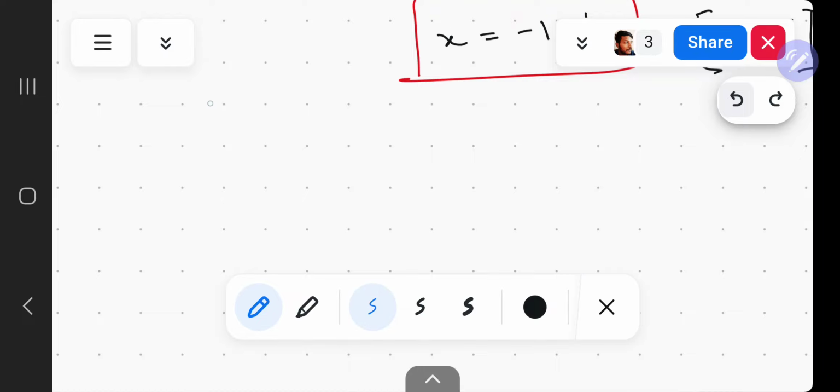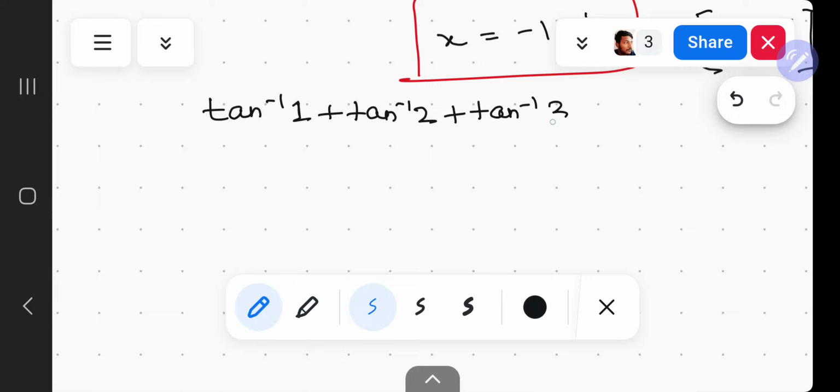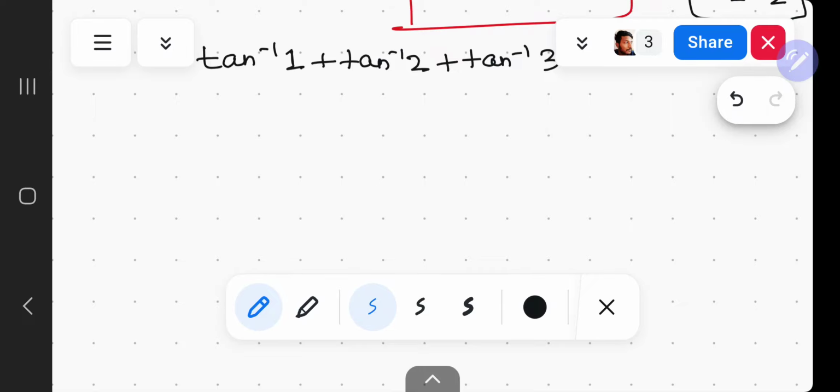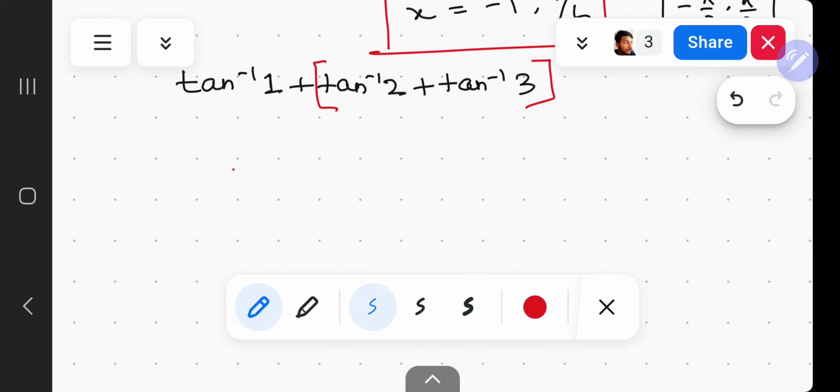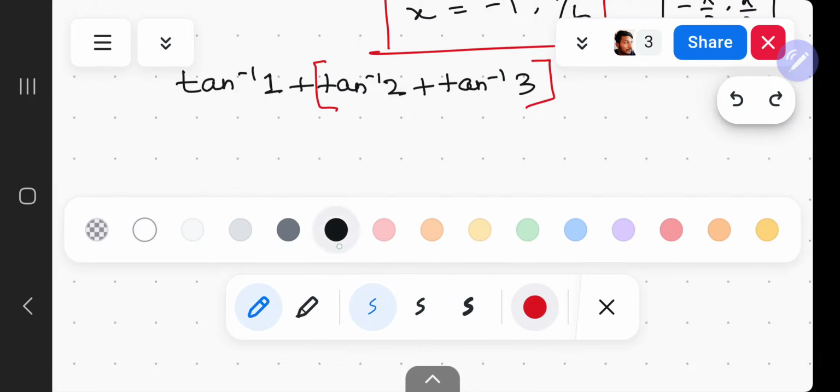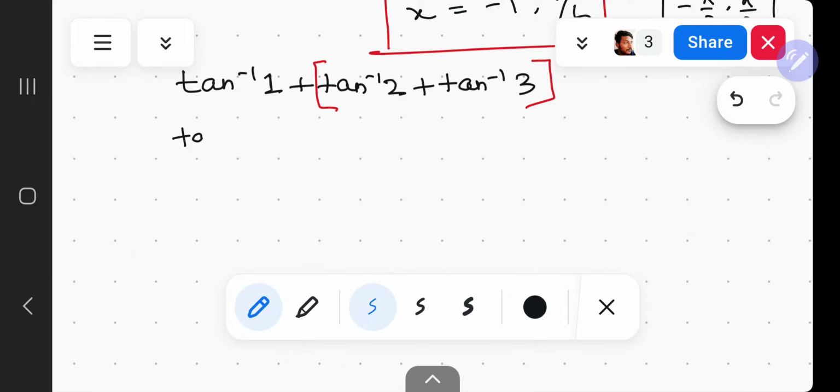Okay. The next question is we do not have to find x. There's no x here. We have to just find the value of tan inverse 1 plus tan inverse 2 plus tan inverse 3. What we'll do is we'll first add two tan inverses, these two, using the formula, then we'll add the answer with tan inverse 1. So we have tan inverse 1